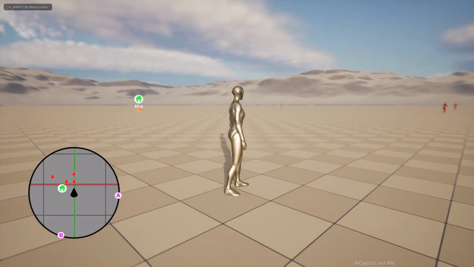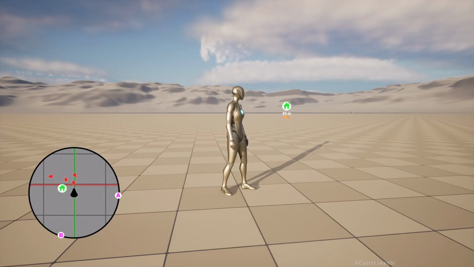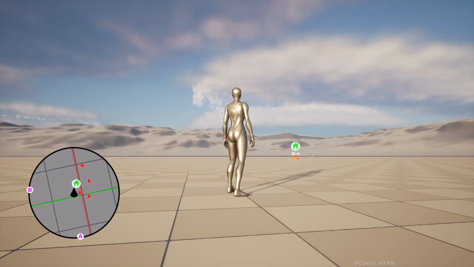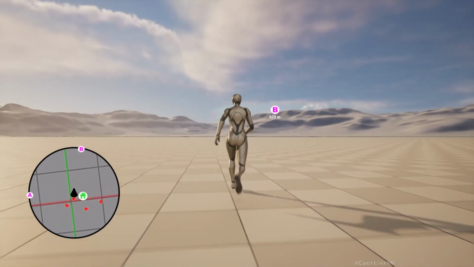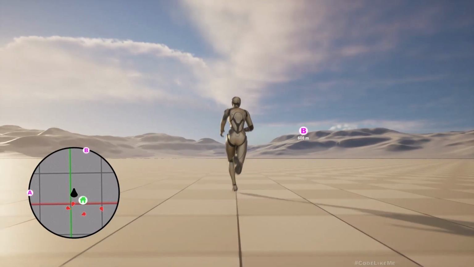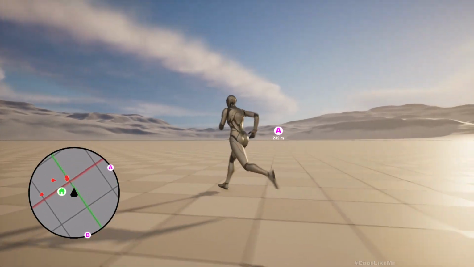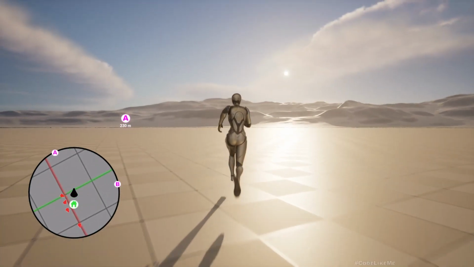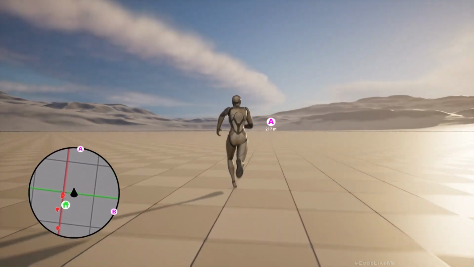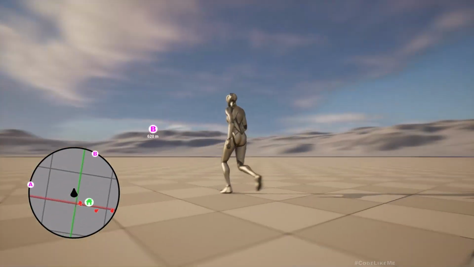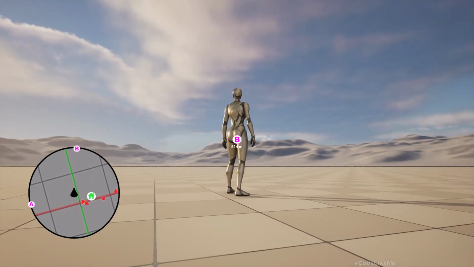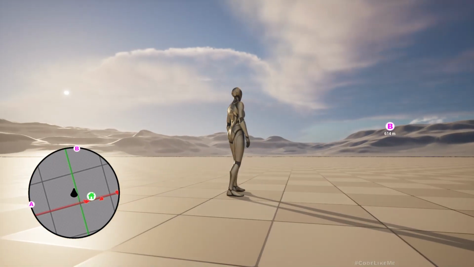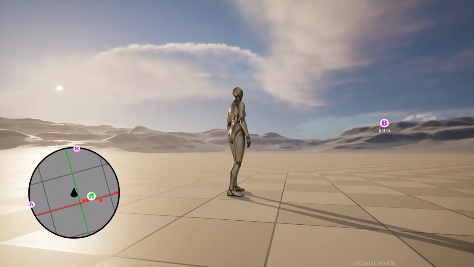Hello everyone. So today we are going to work on these screen distance indicators. Here you can see there are 36 meters to the house, and to that checkpoint B 600 meters and A 230 something meters. As the character moves around, you can see the distance is also updated. And also this distance is displayed in the screen space, so that's why the scale of that number and